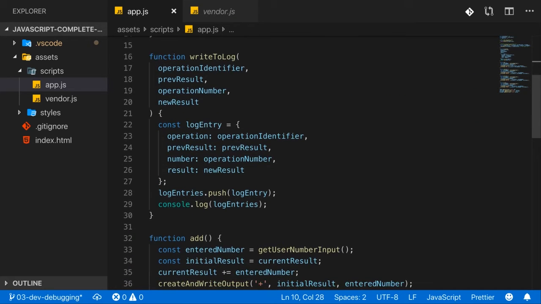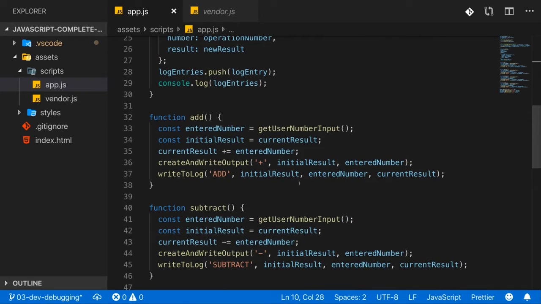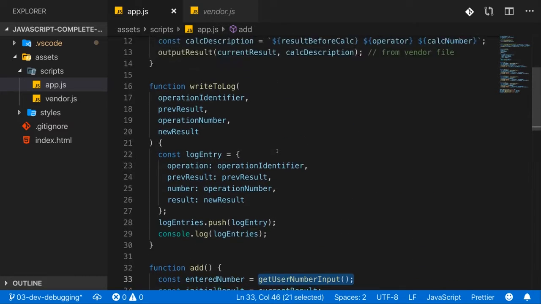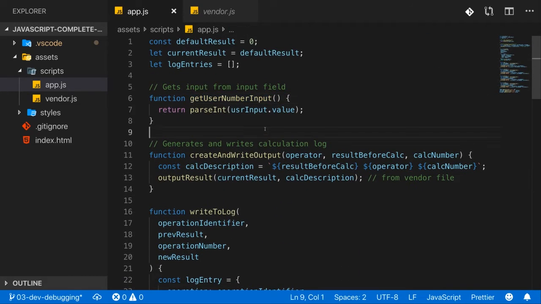Let's say in my application here, when we add, then we're getting the user number input here, right? So that's triggering this function. And there, let's say we're not doing that int parsing. We're not converting this to a number. Of course, we're doing it here, but let's say we're not at this point yet. We forgot to add this code. That would be a typical logical error. Everything will work technically, but the app will not behave the way it should because we have a logical error